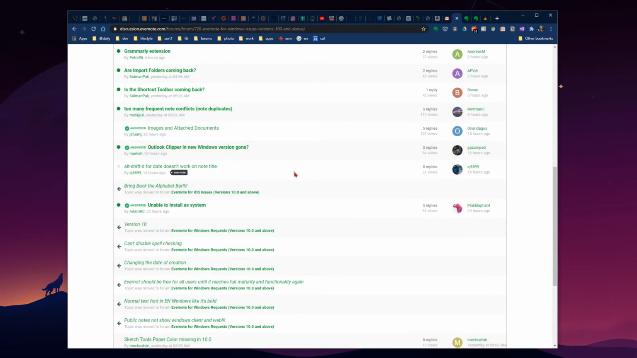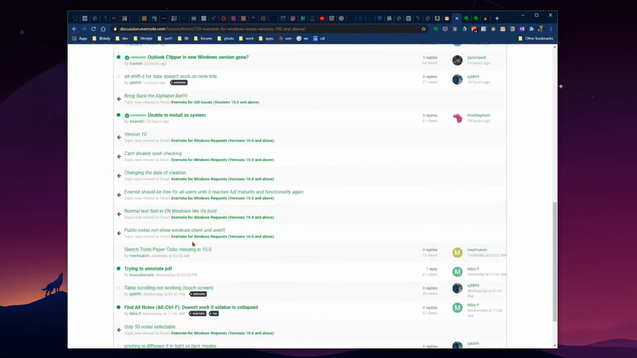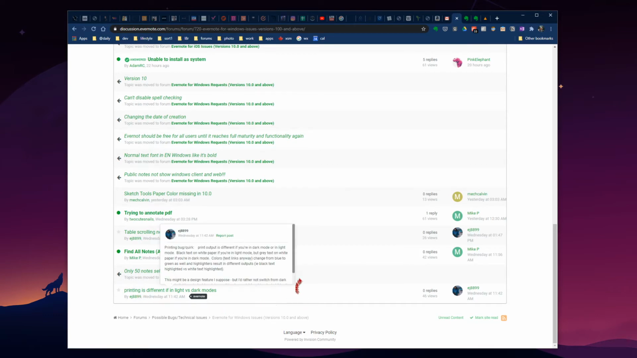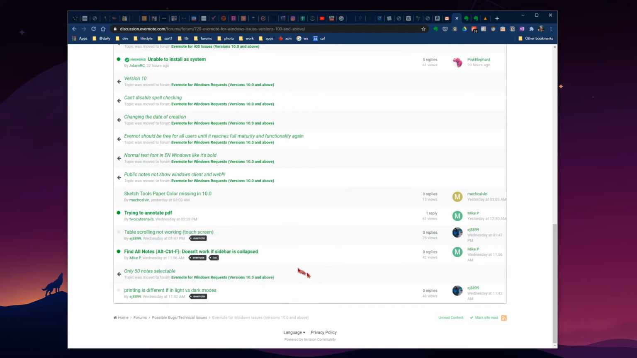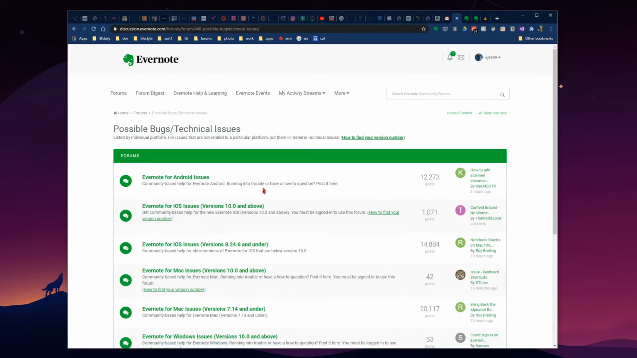People really relied on some of these things. Unable to install, can't disable spell check. Somebody having problems annotating a PDF. Finding notes issues. Only 50 notes are selectable. I posted this as well a couple of days ago. Printing is different if you're in light versus dark mode. The list goes on, and if we go possible bugs,